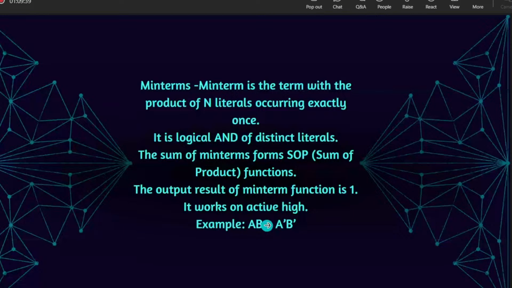And this example will make it clear what I mean by product of sum. So these are sums which are dotted or multiplied with each other. And this is a max term function. As you can notice, the output of a max term function is always 0, or this works on active low. This is exactly the opposite